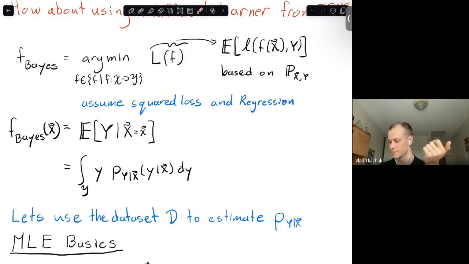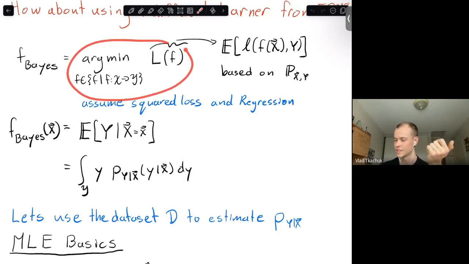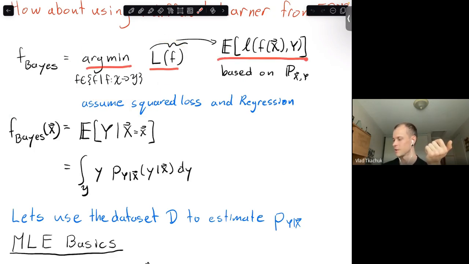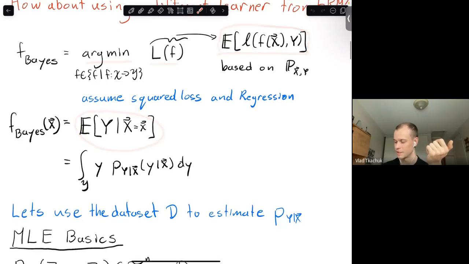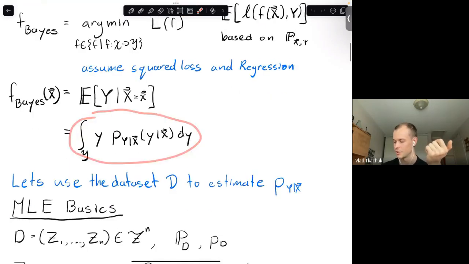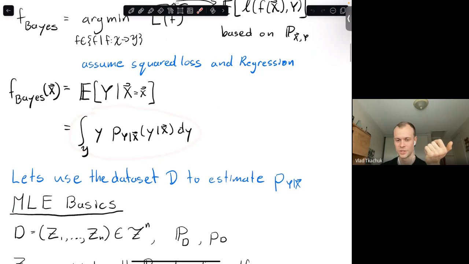If you write out this thing explicitly and actually calculate the argmin with the integrals and expand this expectation, you would find this formula. And so then we say, why don't we just